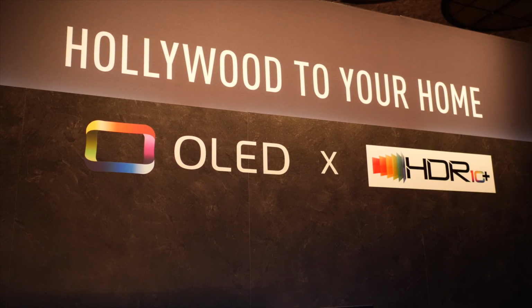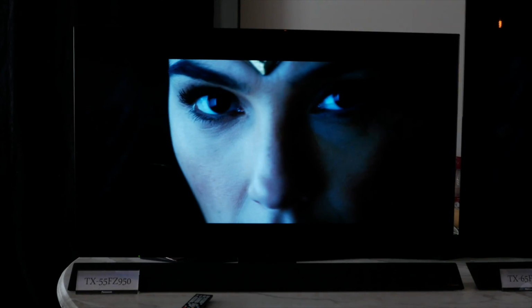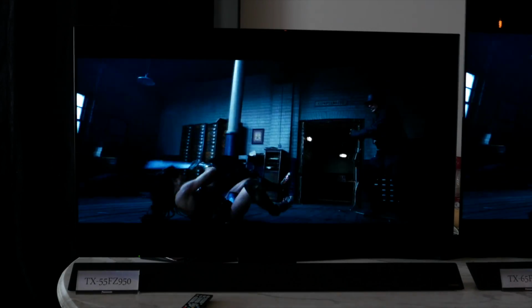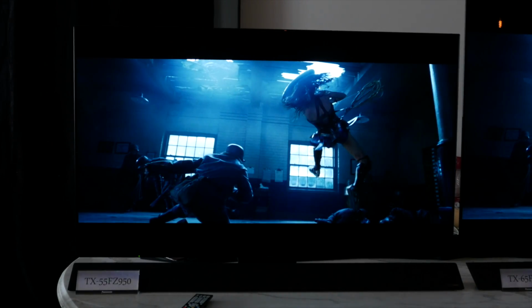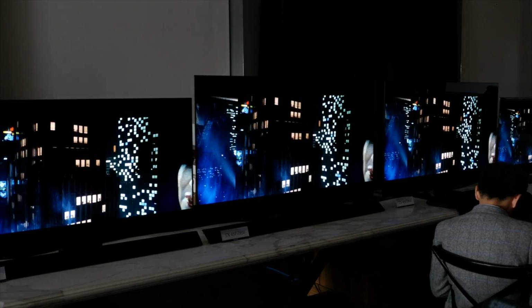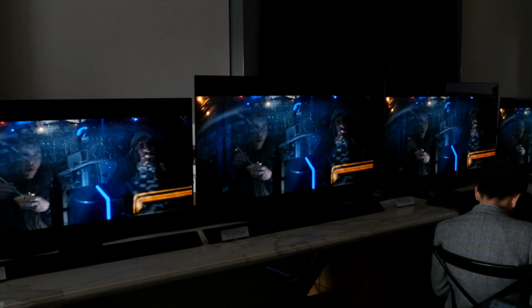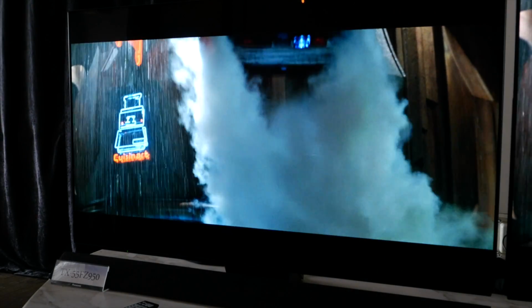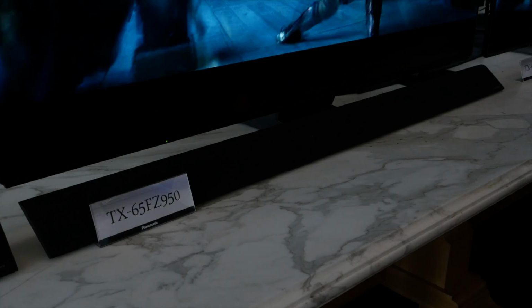Panasonic were first out of the gates, showcasing their new OLED TV lineup at a special event in LA. The new FZ952 uses the latest generation of OLED panel, with the absolute black filter found on last year's EZ1002. The FZ952 will feature the latest HCX processor and a dynamic 3D LUT for even better colour accuracy. There is support for HDR10, hybrid log gamma and HDR10+, whilst the audio is provided by a built-in soundbar tuned